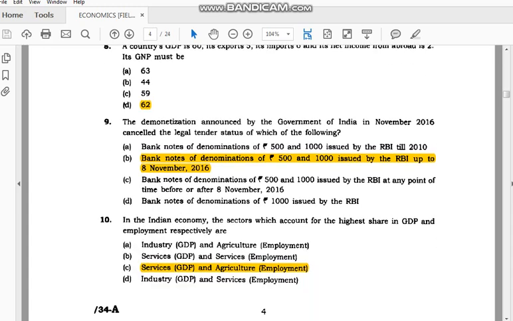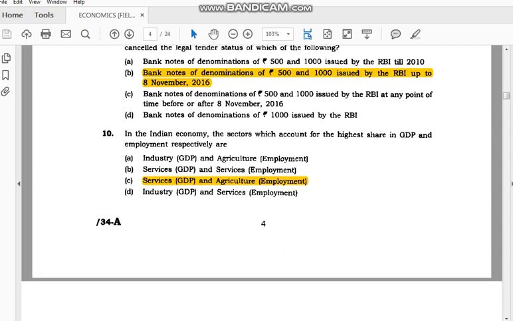And question number 9 is very simple. Demonetization. Actually, the demonetization announced by the government of India in November 2016 cancelled the legal tender status of which of the following? It is known to all: the banknotes of denominations of 500 and 1000 issued by the RBI up to 8 November 2016. Next is in the Indian economy, the sector which accounts for the highest share in GDP and employment